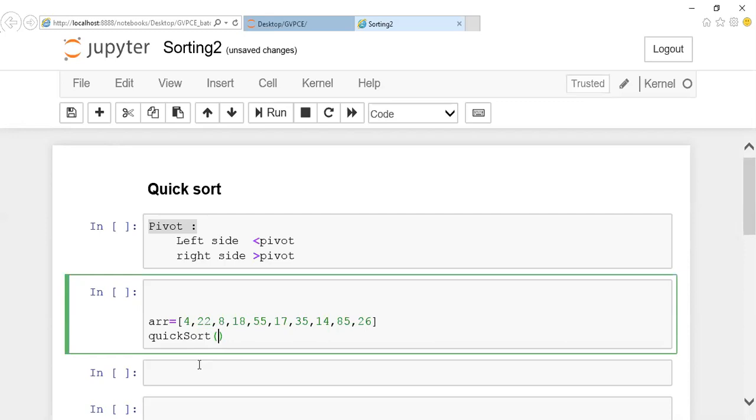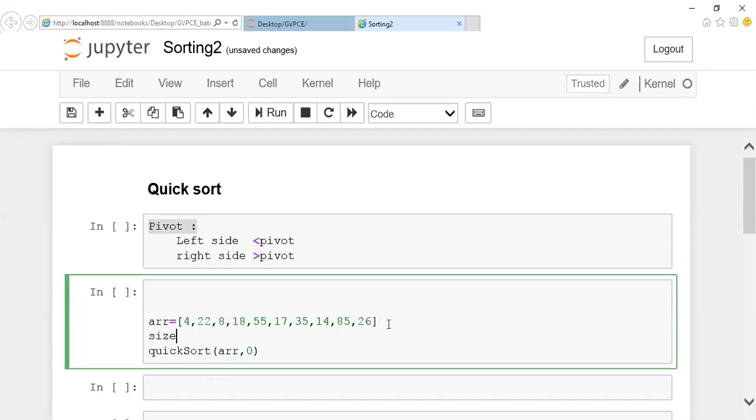Here, what information am I going to pass? My list I'm going to pass, followed by the beginning index position. And here, if you want, we can pass the size of it. So let us calculate the size of this one. Size of this is len of your list minus 1. This is your size. So let me pass my size as my parameter. So the parameter has been passed.